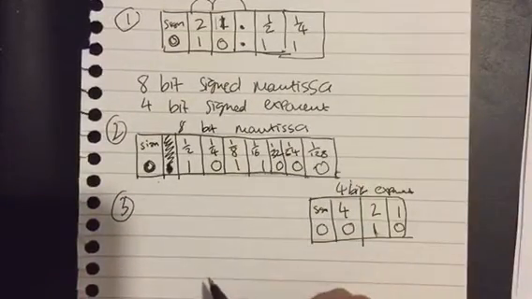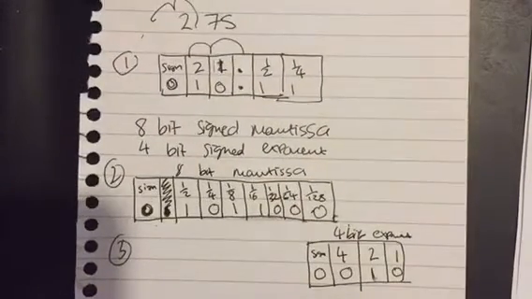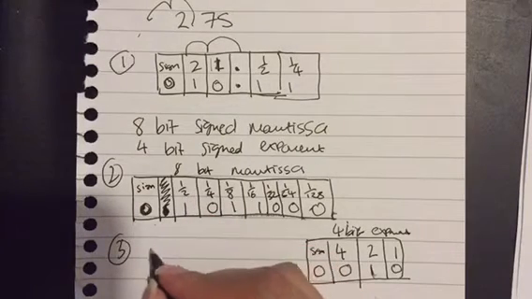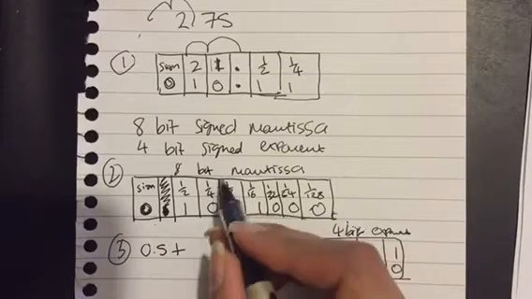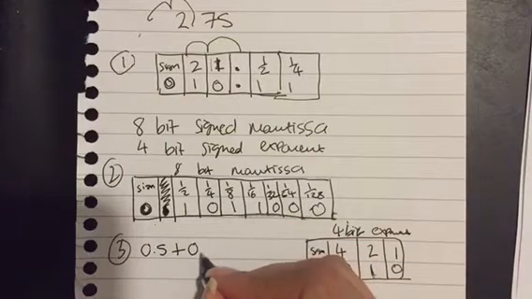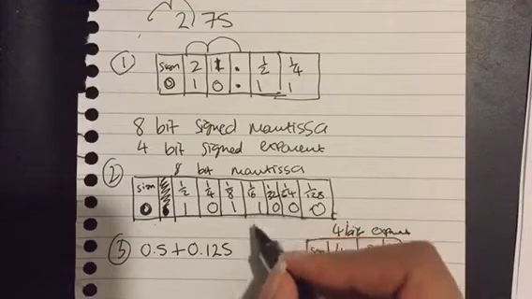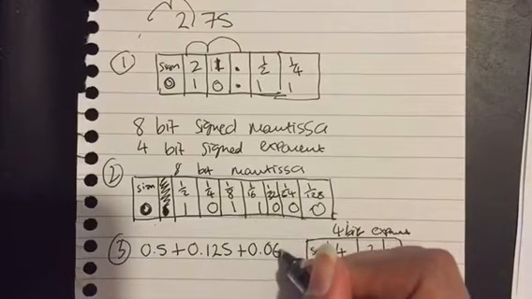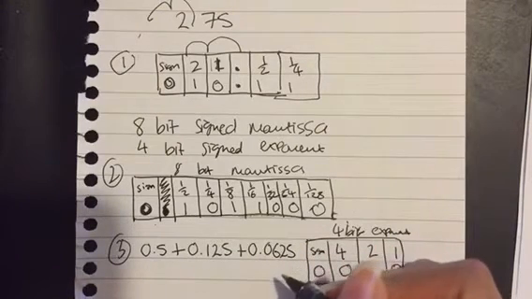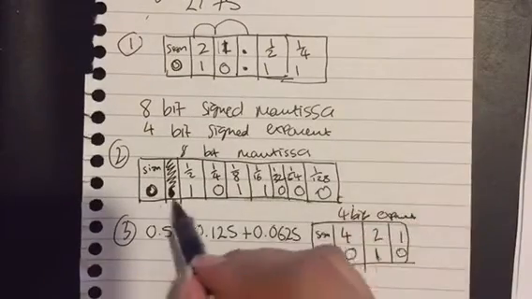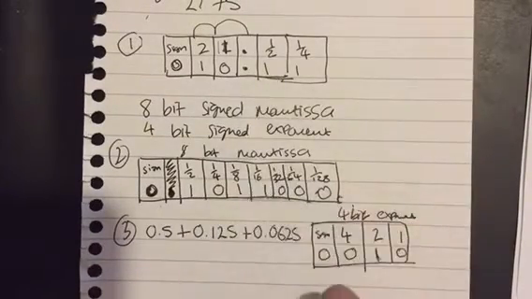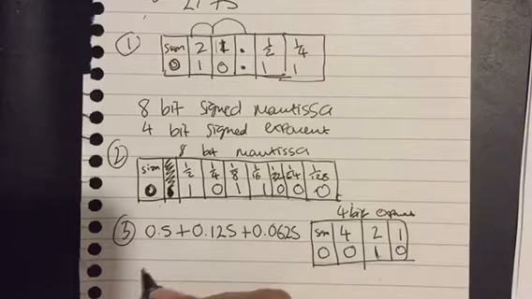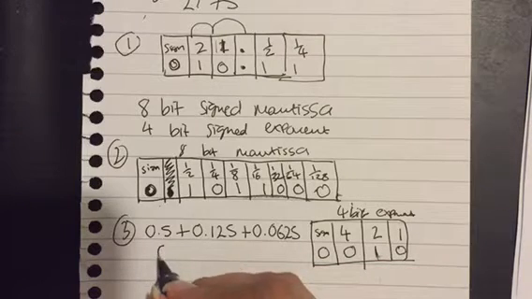Okay, so let's see if it's actually the right answer. First of all, we know that a half is 0.5. Then we don't have a quarter, we've got an eighth, which is 0.125. And we've got a 16th, which is 0.0625. Okay, this is just to check it. And I believe in your mock exam, they just want you to come up with this number here when they've given you the number. But if you've got time to go back and check it, it's always useful to do that to make sure that you've got it right. And if I add all of those up together, that equals